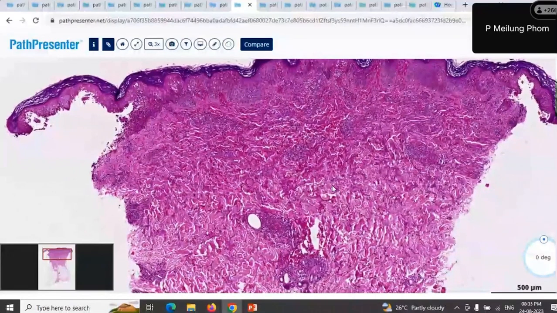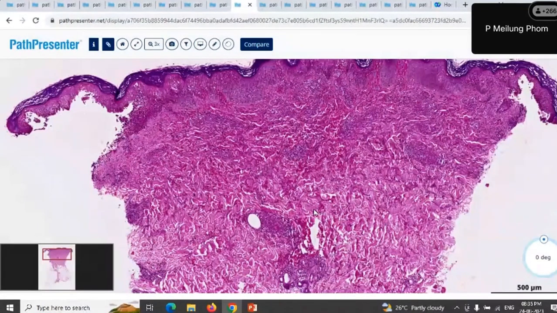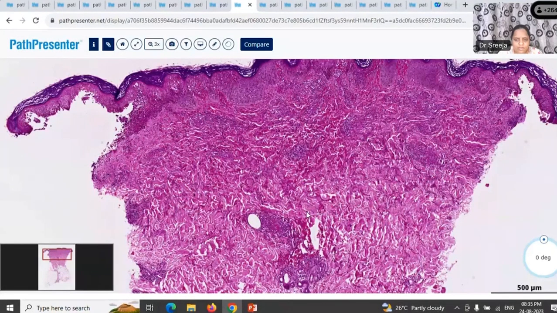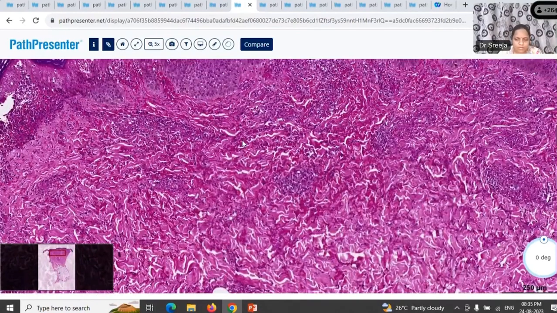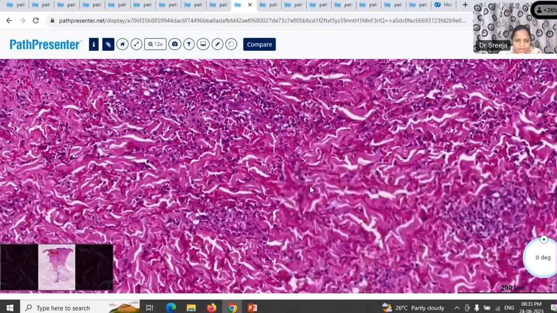Where? What is the pattern? Pattern is nodular, ma'am. Okay, nodular, fine. Let's go higher on those nodules. Nodular pattern and